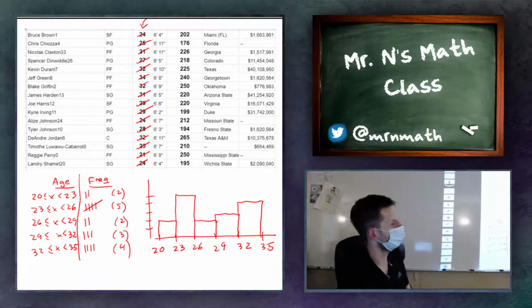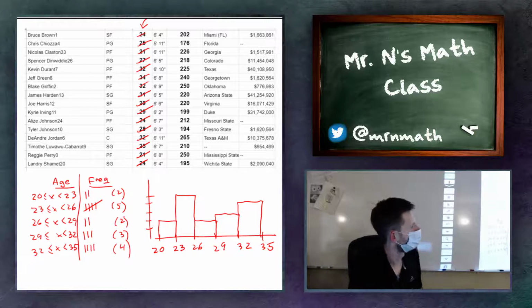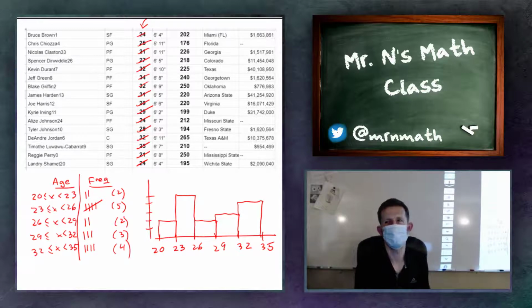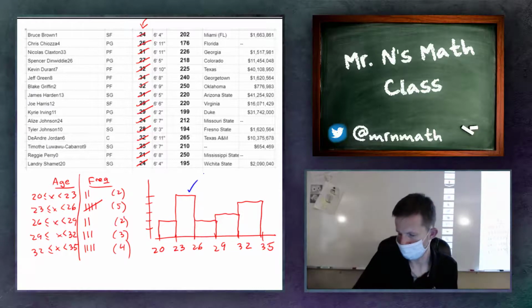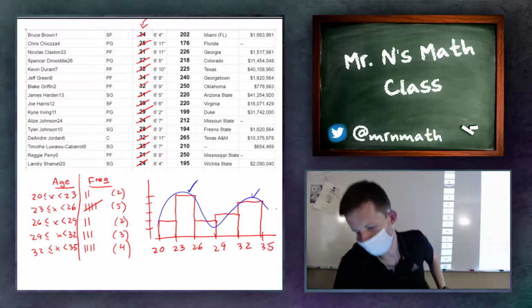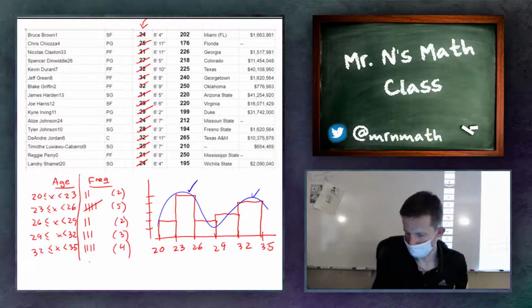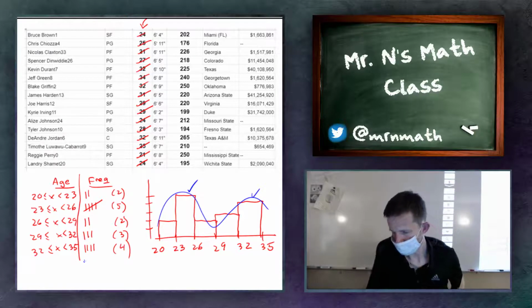If I had to give a shape, what kind of shape does it kind of look like? Like if we're talking about the different shapes, it's skewed, symmetric, bimodal. Kind of looks bimodal, right? If nothing else, you've got these two peaks, but it's only a small sample size. Now,